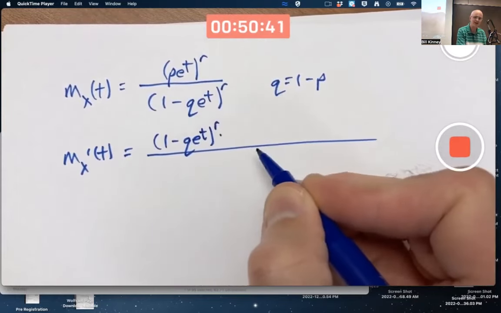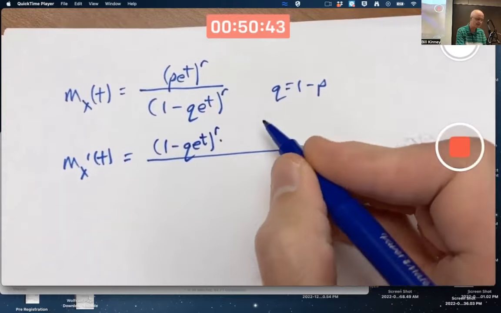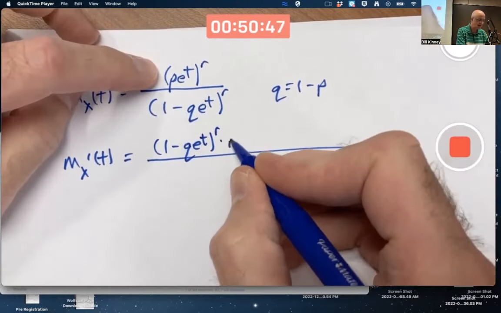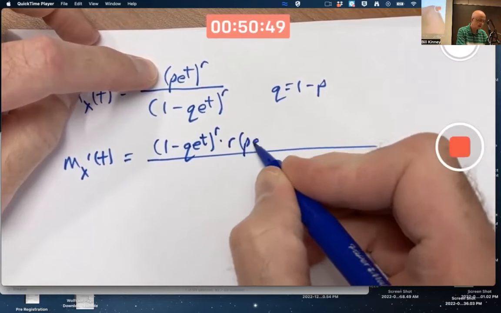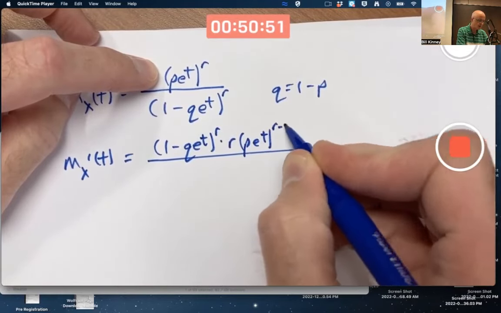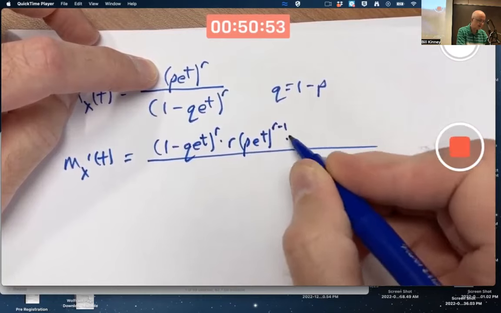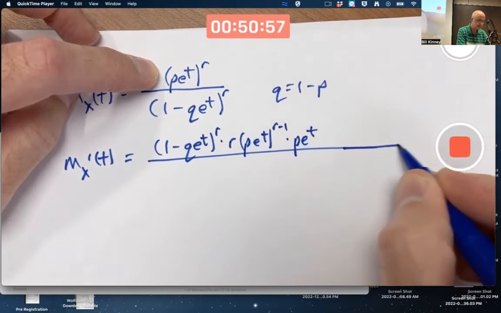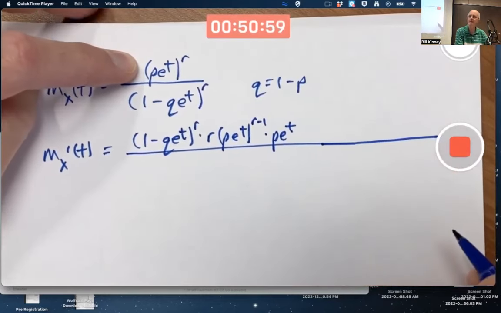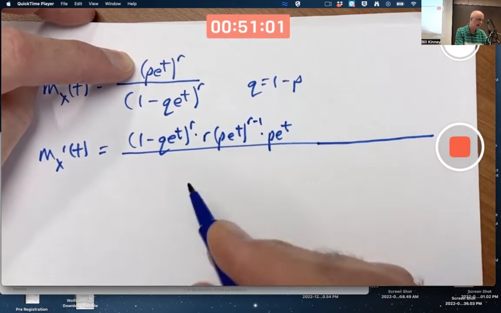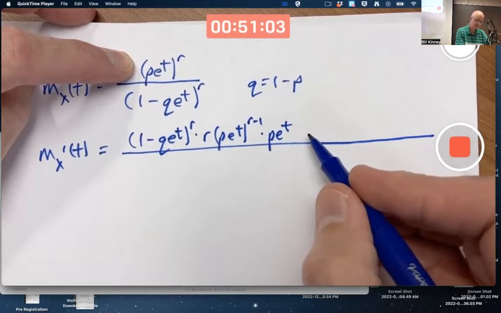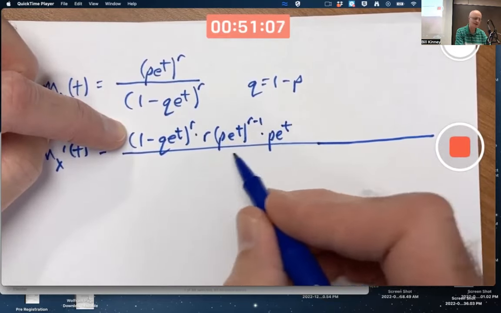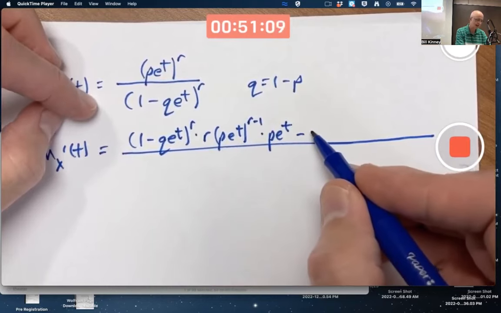Low d high. The derivative of the top with respect to t, I need the chain rule for. Bring down that r, subtract 1 from the exponent, and then multiply times the derivative of the inside function. The derivative of p e^t is p e^t. That's low d high. There's the low, and all this is the derivative of the top. Minus high